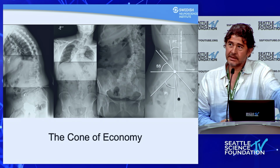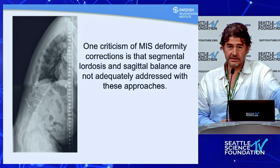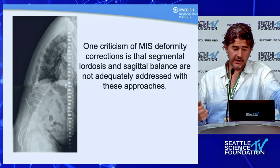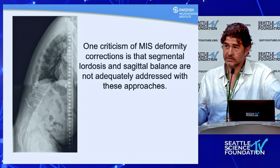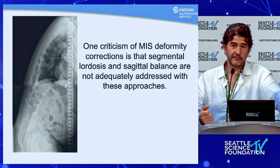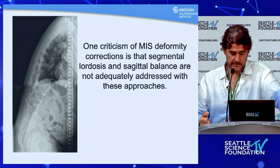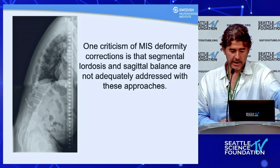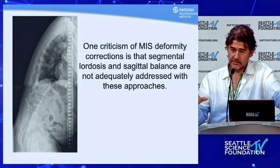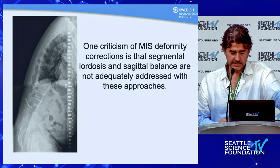And again, for me, it's very challenging because you get patients like this, where they're tilted forward, and although their x-rays might look terrible, this patient actually was doing fine, didn't need to have surgery, didn't need to have minimally invasive, didn't need to have any surgical procedure. But I do think, in the big picture and grand scheme of things, and I think Jens brought this up,